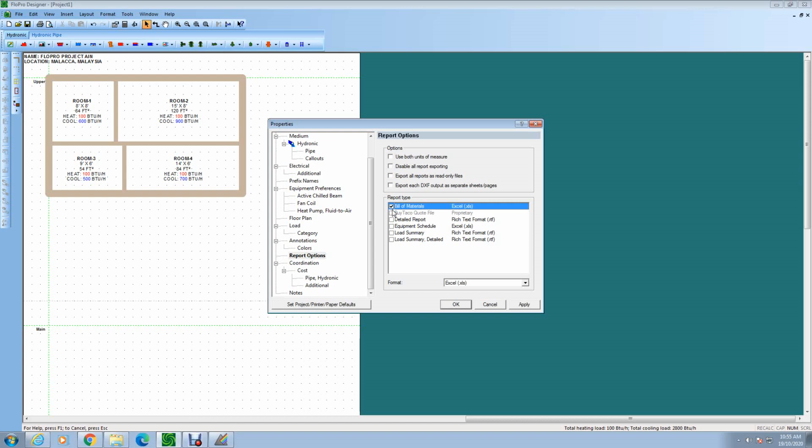Then the next one is the load summary. And as for me, if you are calculating just to know the rough load, then you can take only the load summary for the whole building. But if you want to know the load for each room, then you have to click on load summary detail. Right, click apply again. Okay, I think that's it for the settings